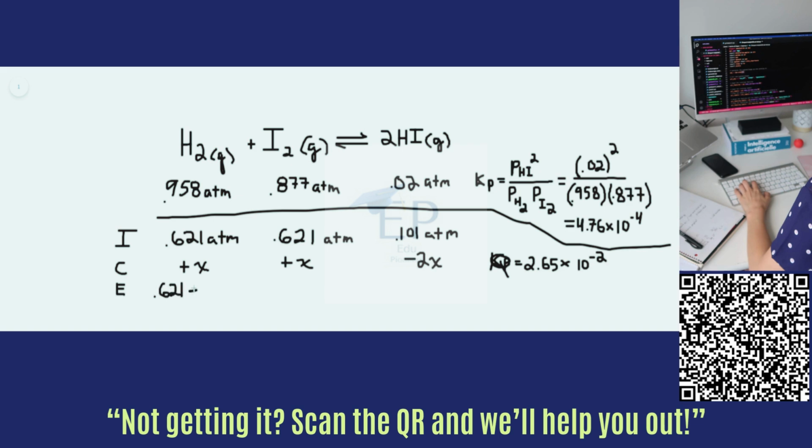0.621 plus X. Same thing for I2, 0.621 plus X, and 0.101 minus 2X. Now we just got to plug these into the equilibrium equation. If we do 4.76 times 10 to the negative 4, since that was Kp, set that equal to, and we just plug in these numbers into this equation, we would get